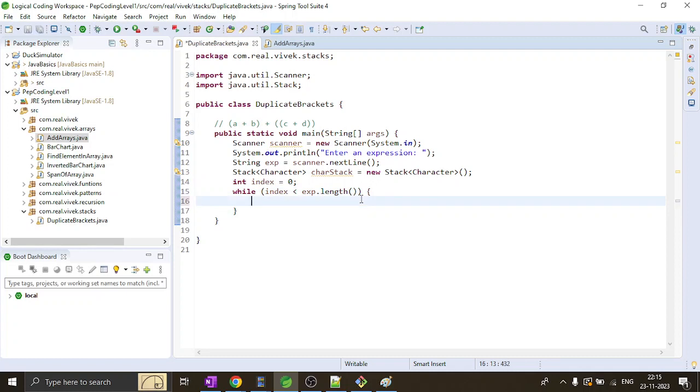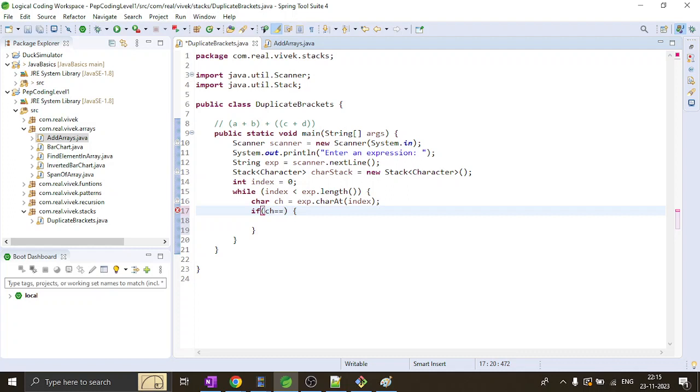Then what do we do? We increase the index. We first get the character, char ch is equals to exp dot charAt index. Okay. Once we get the character, we check if